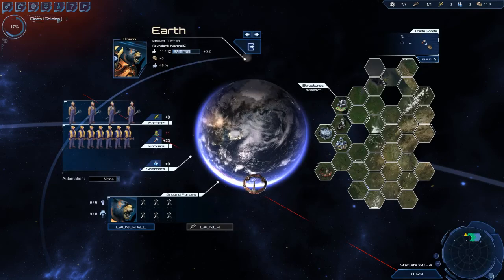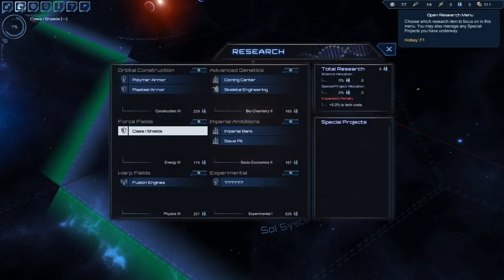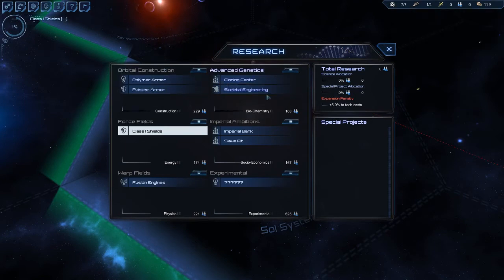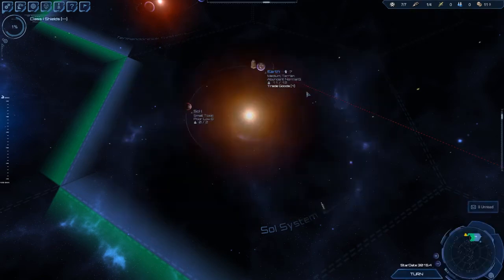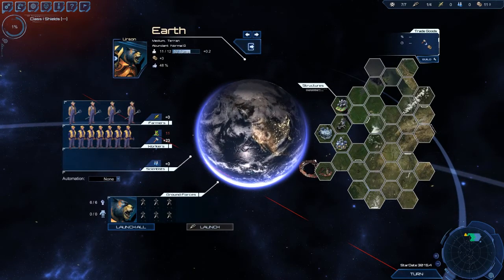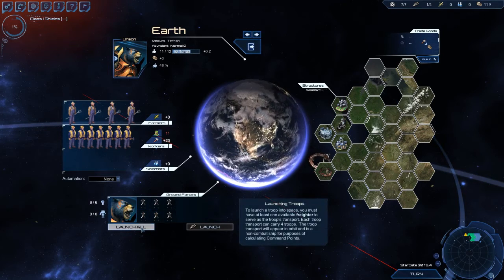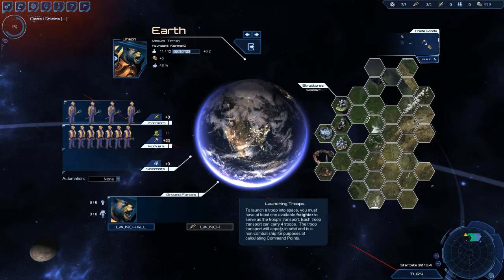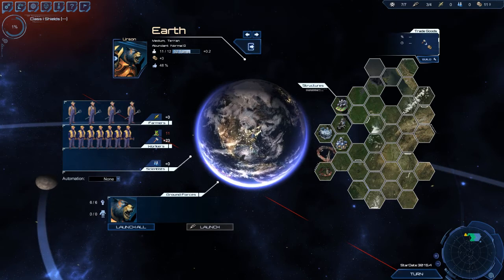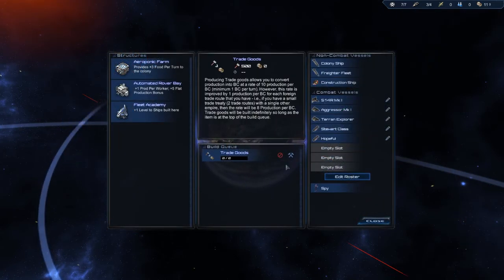Let's close that. Close this. And, excuse me. So we've got our ground. We do have ground forces down here. And should we launch them? Let's launch them all. Let us then, I think at Earth,